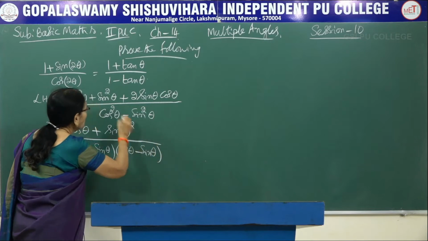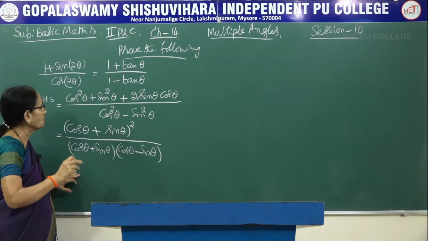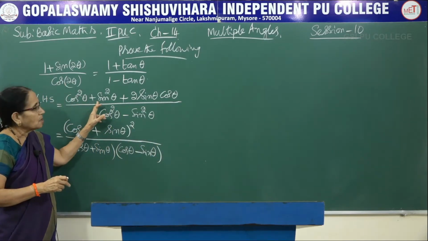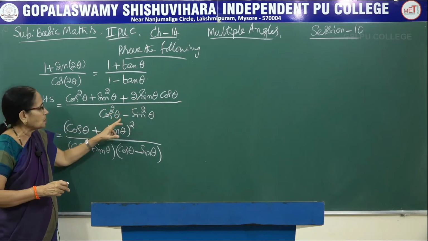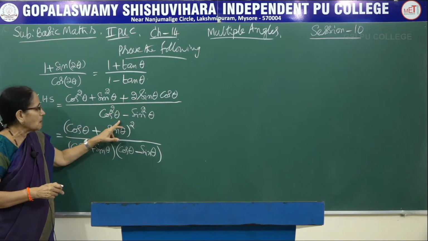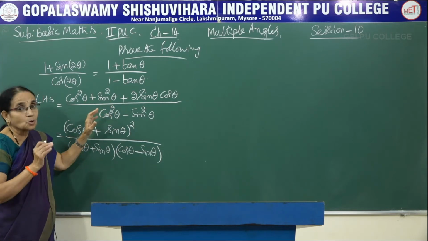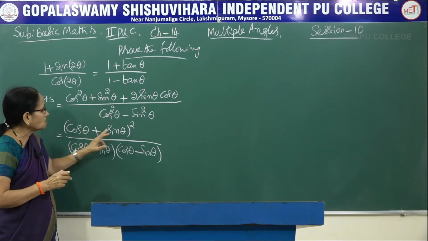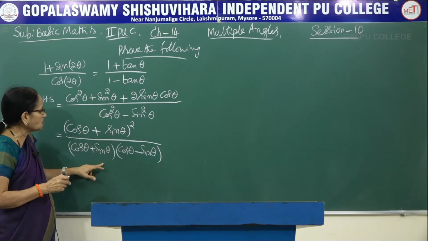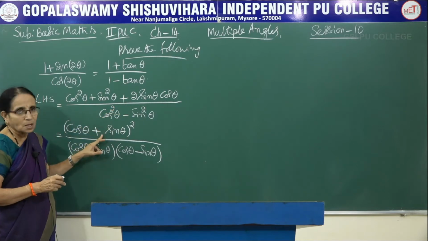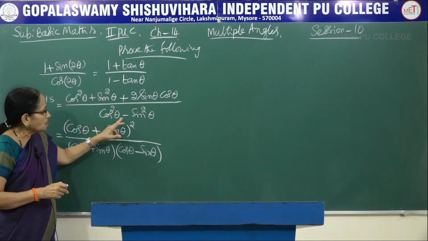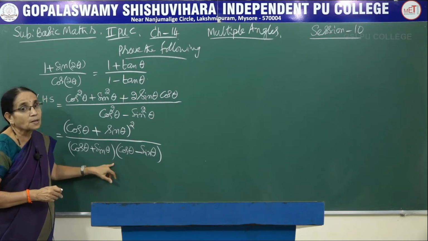See here, in the first step I have used two kinds of information. One is the identity, and here it is the multiple angle formula, here also the multiple angle formula. And here I am using our high school algebraic formula a plus b the whole square, and this is factorization. Here the expansion is given, and I am writing it as a perfect square. Here an expression is given, and I am factorizing.